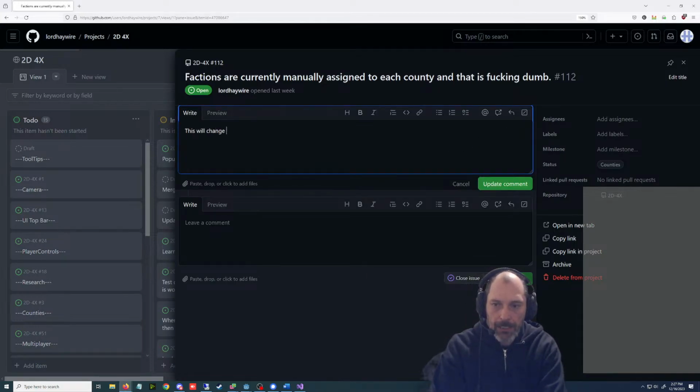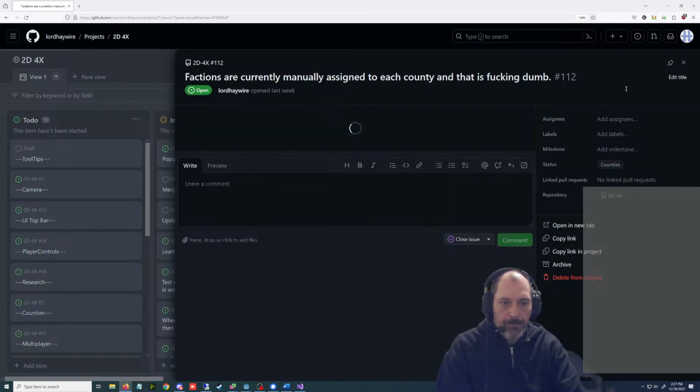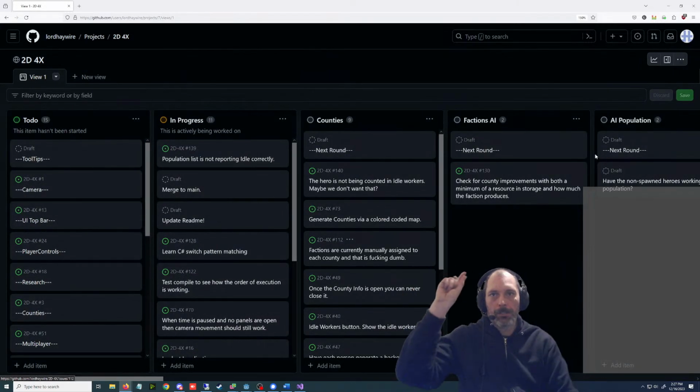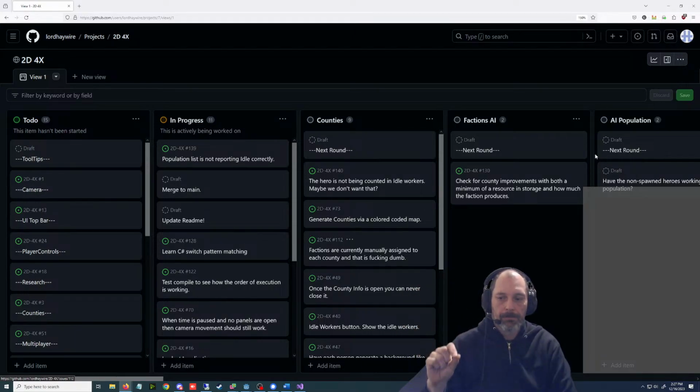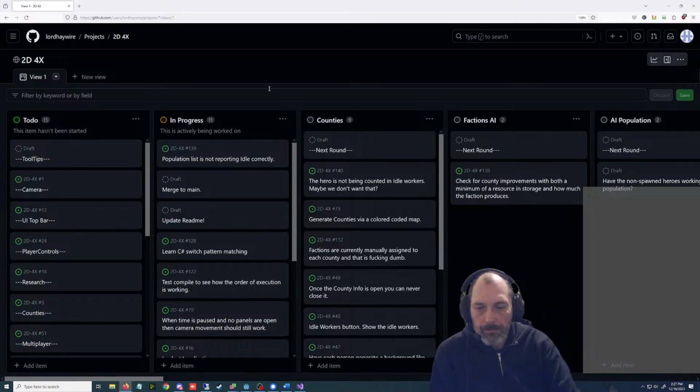This will change when we generate the counties by the color coded map, because each faction will be pre-coded with a color, and then it will go through the map and assign the faction to that color.